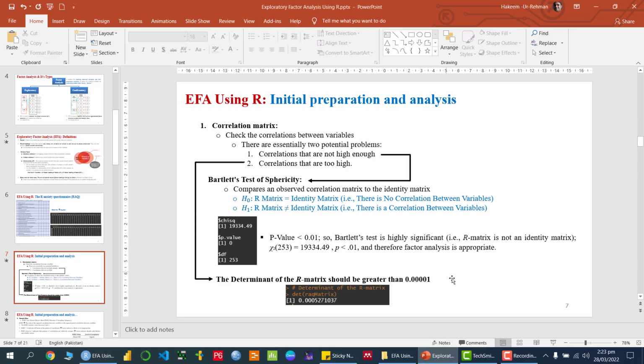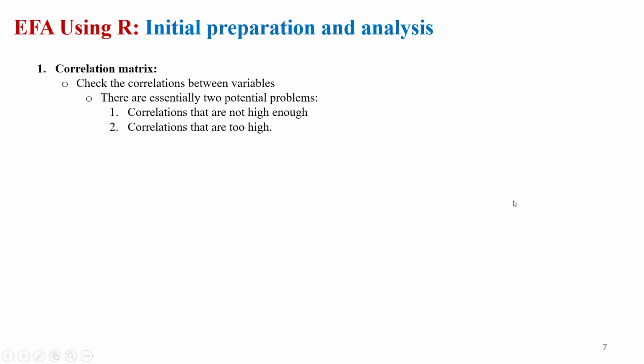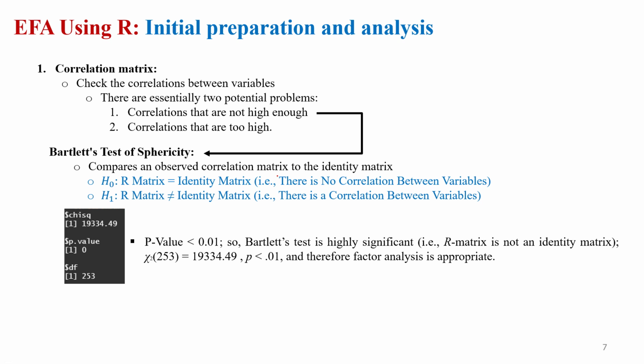So how can we interpret this one? The interpretation would be: because the p-value is less than your pre-decided significance level, either 1% or 5%,